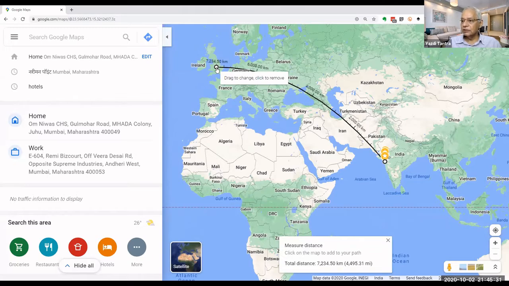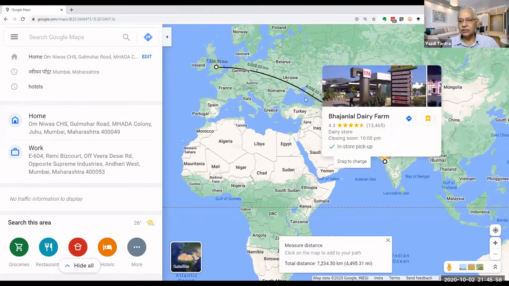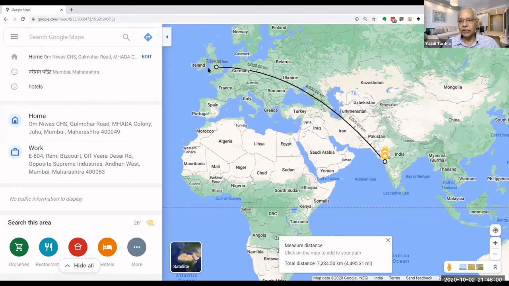It's very, very simple. You just right click, click on the starting point, click on the ending point, and the distance is measured for you instantly. You can measure distances. Distance measurement is by road, yes. Sometimes it will show you as the crow flies. So maybe you might want to, so for example, in an airline sort of a thing, this is the route that the airline would normally take.